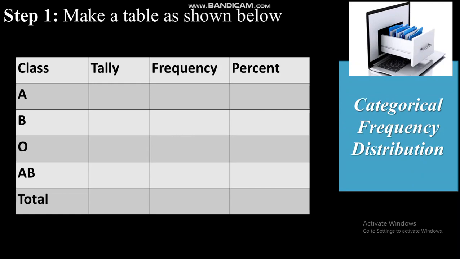One stick stands for one frequency, one value. That shows one repetition: one tally, one stick, represents one. Frequency means the number of values, which is determined by counting the number of sticks on a tally element. Then the percent is the frequency divided by the total number of values, the total frequency.